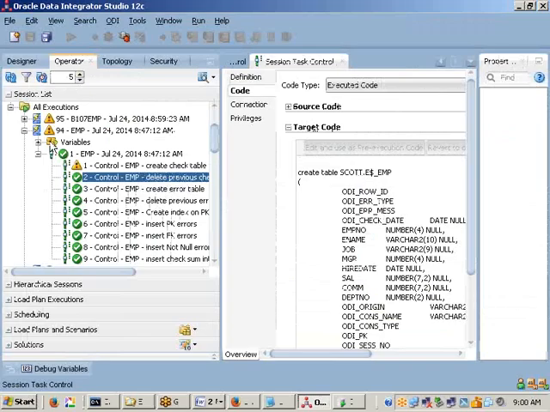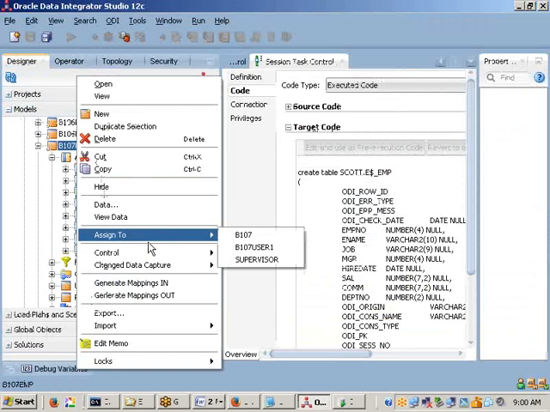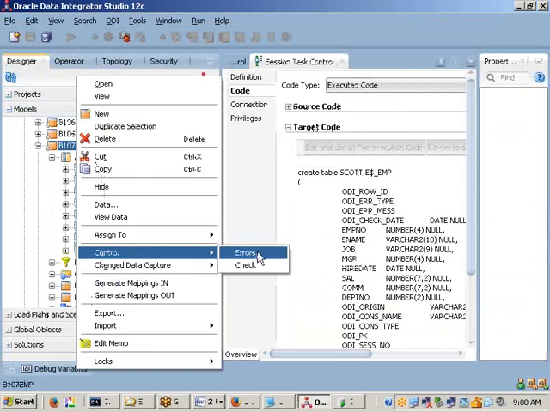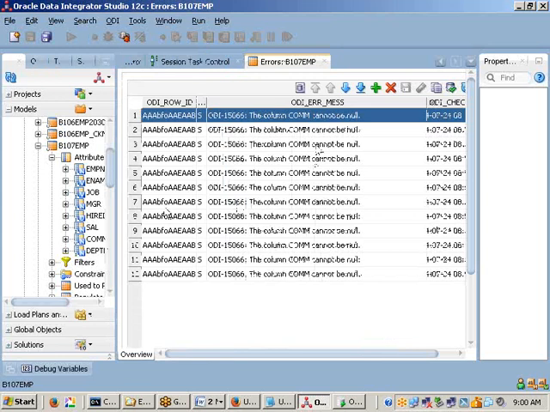Even from the front end, if you want to see the errors, you can go to the designer, right click on this table, go to control, then errors. If I click on errors, here itself you can see the error messages available. There is also one option available. But sir, today we are doing it manually, but daily I need to sit and do it manually. Is it possible? No. I want to be notified about what error records are available. I want someone to notify me, and I also want to delete.